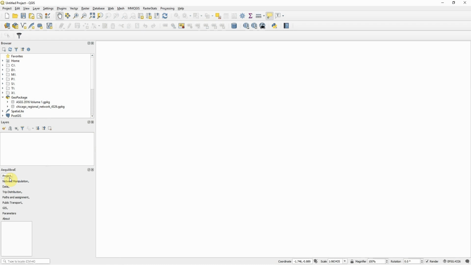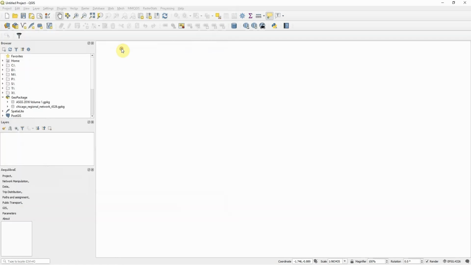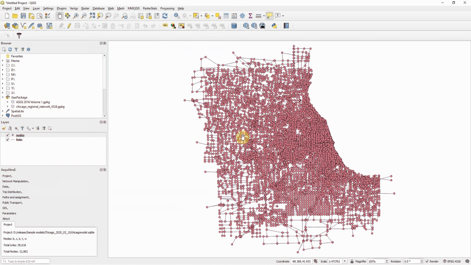AequilibraE has changed so it can work with its new project in a convenient way. So if you open the project, I have a Chicago project here, as soon as you open the project, it will load links and nodes to your network,